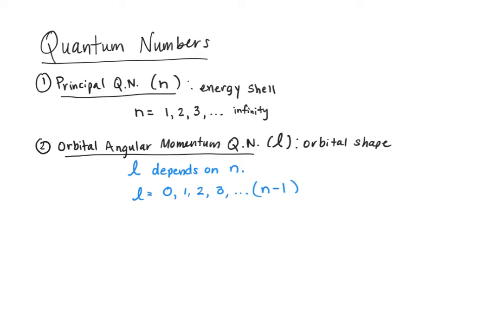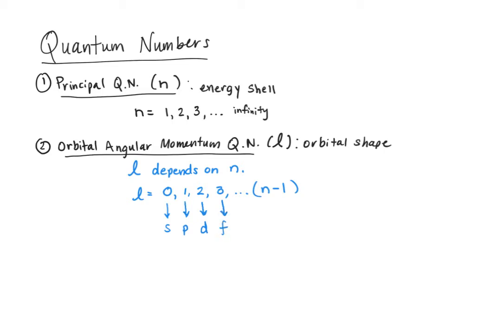These letter designators come from historical descriptions of atomic spectra that can be described as sharp, principal, diffuse, or fine. The alternate letter designators for l equal to 0 include s, for l equal to 1, p, for l equal to 2, d,